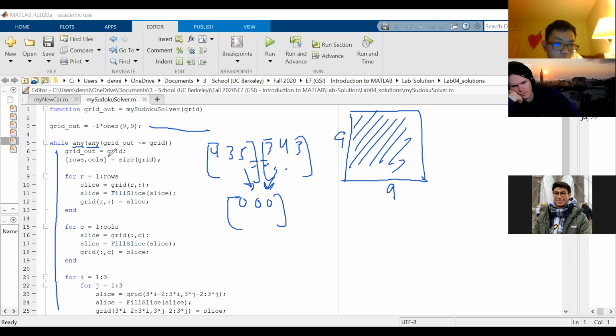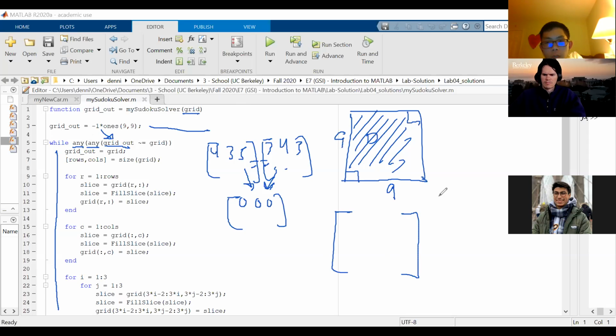okay, let's see what they're doing here, actually. So any, grid out, not equal to grid. So we have a grid input, and it's got some empty spaces in it. Let's say it's mostly filled in, but with a few empty spaces here, here, wherever in the Sudoku grid. So while any of the grid out is not equal to grid, we're going to take this empty array, and we're going to compare it to this grid over here. So while